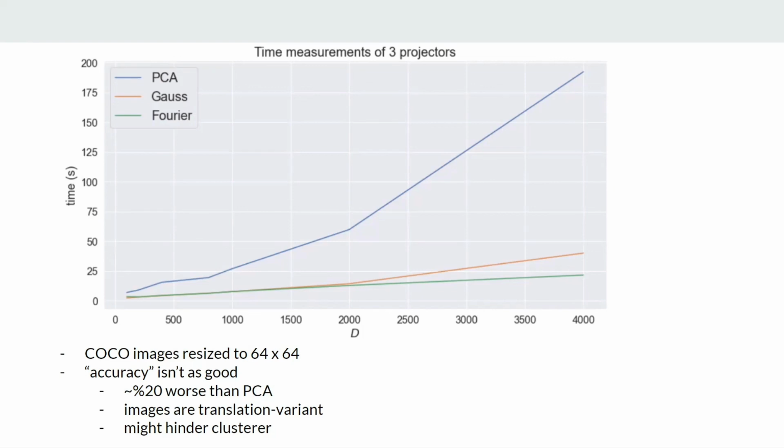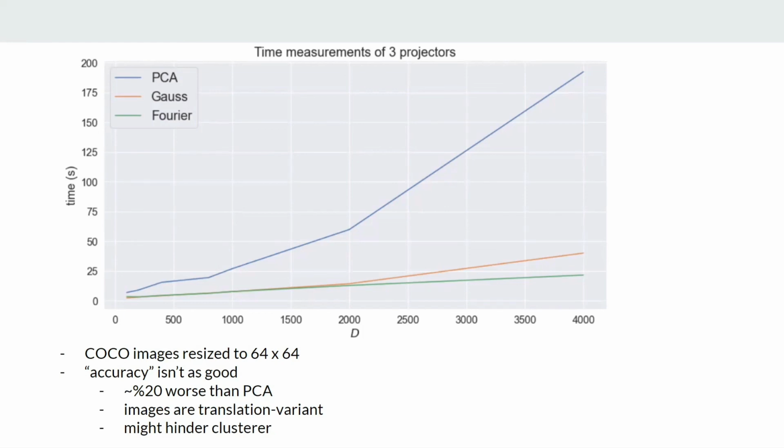The COCO dataset has varying sizes of images, so for conformity, we resized the images to 64 by 64, and this is the baseline for all of these so that we can compare them. So timing is very good, but